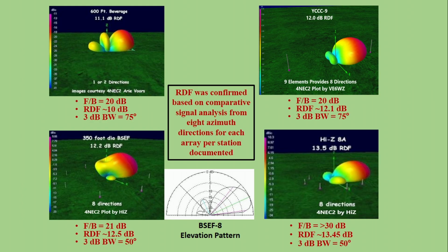So let's look at the lower left. When I saw this 3D model, I was like, what the hell's going on here? This looks really bad, all right? And it really didn't seem to jibe with what we were seeing from the on-the-air data. So this really threw me for a loop, and I had to do a lot of research to try to understand it. And I came up with an explanation, okay? And what I